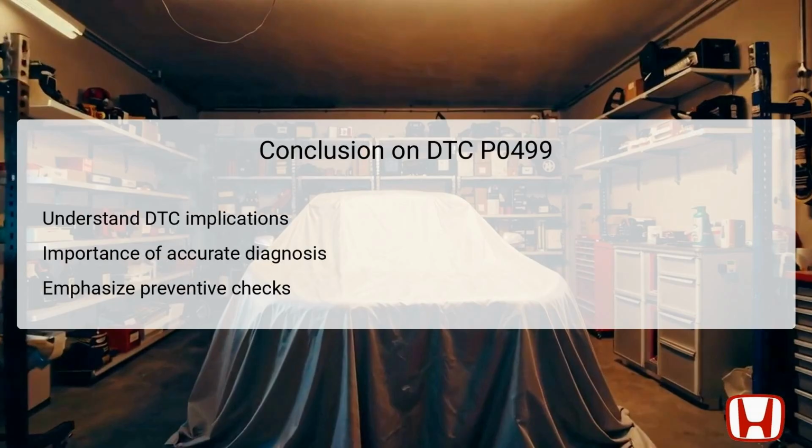Understanding DTC P0499 and its implications is critical for maintaining proper vehicle operation and compliance with emissions regulations. Accurate diagnosis and systematic troubleshooting steps allow technicians to pinpoint issues effectively, reducing time and resource expenditure. The troubleshooting process, including checking connections, updating software, and possibly replacing components, confirms that all stages of repair and maintenance